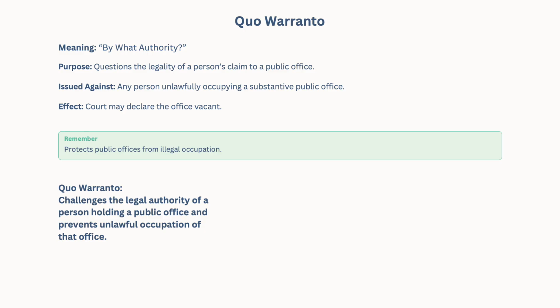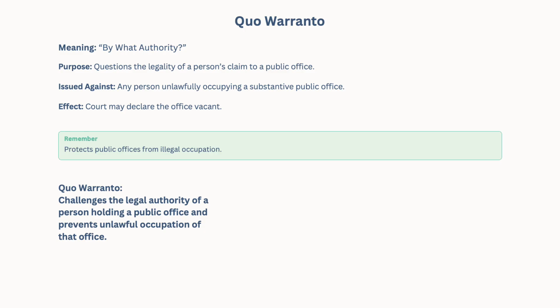Okay, so quo warranto will protect us against illegal or unfair holding of government posts and offices. Okay, so if a person becomes a university vice chancellor, the court will say, by what warrant or authority are you here? What is your qualification? Which exam did you get through? These things will be asked by the court. So these are the 5 ways in which the court will protect us.